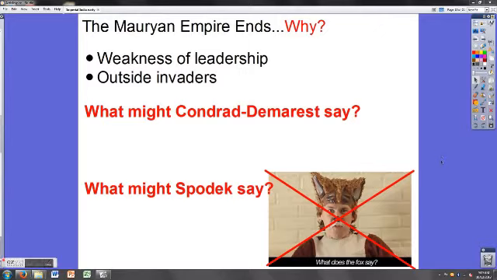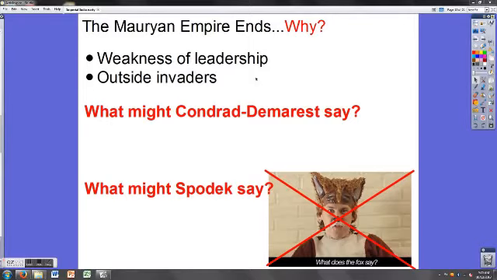Okay, so before we can talk about how the Gupta Empire starts and what it does, we have to talk about how and why the Mauryan Empire ends. Now, this was in your last section of reading of Spodek, but we're going to go ahead and review it here. You should remember from the reading, especially if you did the guided notes, that there was kind of a weakness of leadership and that it also gets weakened by these outside invaders and eventually taken over by these outside